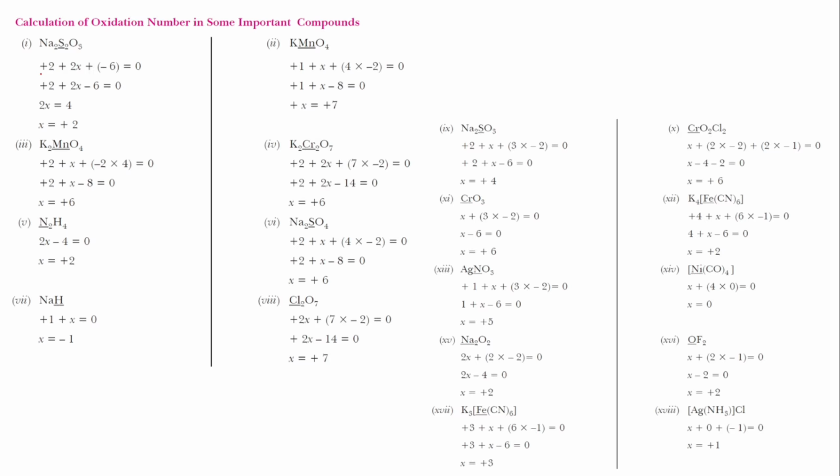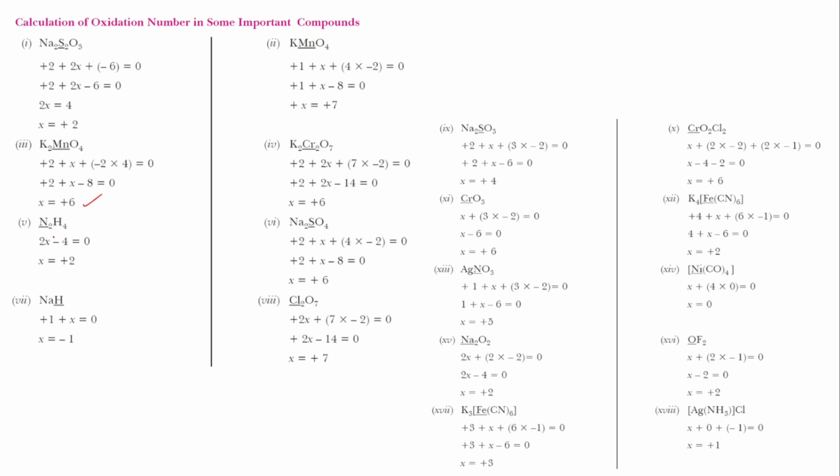Na2S2O3. Na2, this sodium is +2 because it is first group element. Then S2. So for S I am assuming it to be X. So this will be 2X plus O3. O3, 3 times oxygen with charge of -2. So this directly written -6 is equal to 0. So when you solve this, we'll get X is equal to +2. Similarly, K2MnO4, so K2 is again 2 into +1, so becomes 2. And for manganese, it is written X. O4 means 4 into -2. So this becomes +2, X -8, so X comes out to be +6.